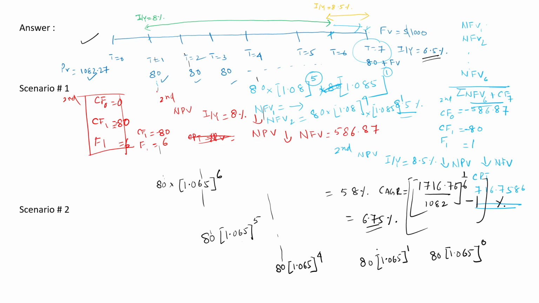So when you have done all of them and then you add all of these net future values, that's what the proceeds are going to be altogether. So these proceeds are added with the face value of the bond, and this, when divided by the initial price that you paid for the bond, which is 1082.27, if you divide all of that and deduct one from that, and take a percentage of it,